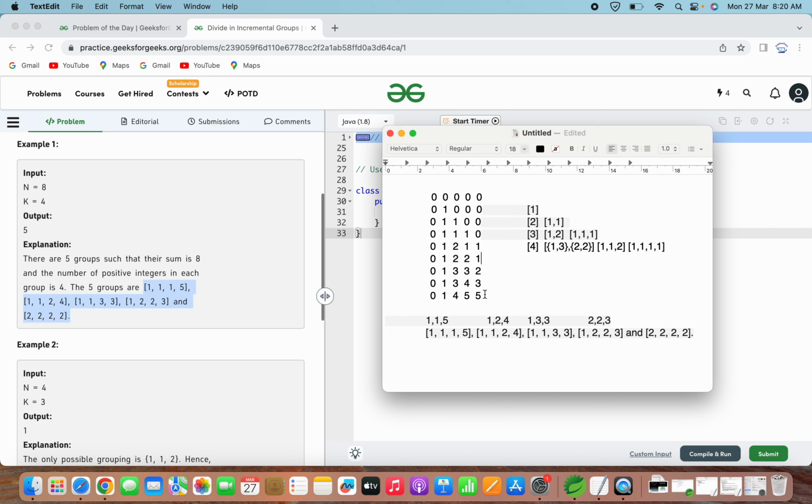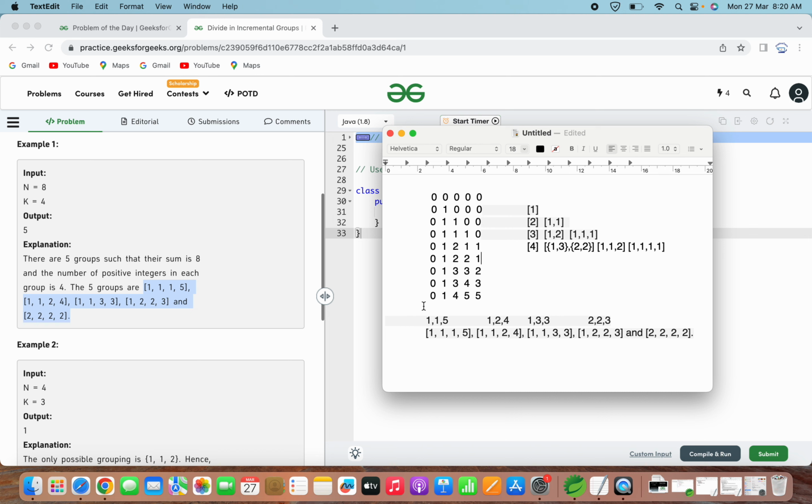So I'll explain what it indicates, or what it means. Here, if you see, it starts from row 0, column 0, and goes up to 8. That means the number of elements is 8, and the size of each group is 4. So there are 8 rows, and the size of each group that we are taking is the columns. So it will be from 0 to 4 and 0 to 8. I hope this is clear.